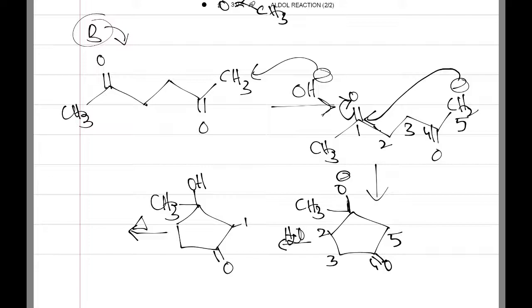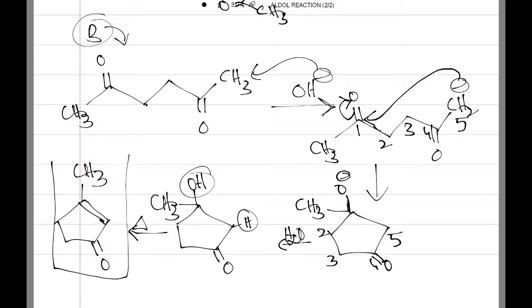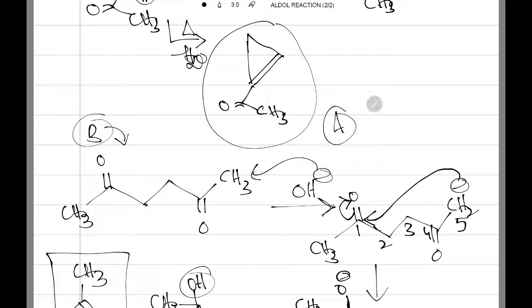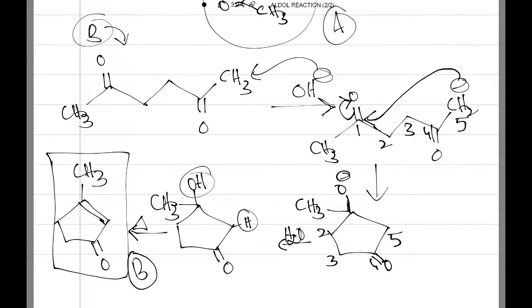After this, on heating, we can get the alpha beta unsaturated carbonyl compound. Here hydrogen will get eliminated, from here OH will get eliminated. So we get this product. Look at here carefully. This is the CH3 here, and double bond O, and here it is alkene. Okay. So this is the product of the reaction, and observe these two products. If the base takes the proton from the B carbon, or if the base takes the proton from the A carbon. So observe these two. This is the 3-membered ring, and this is the 5-member ring.